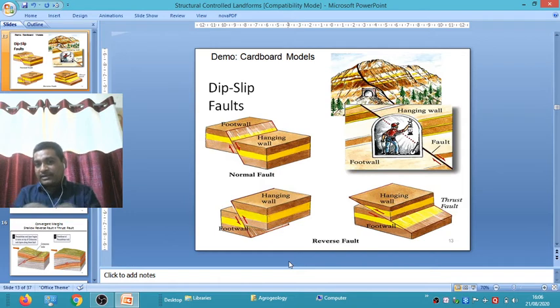Okay, then the strike slip fault. Suppose this is a horizontal fault, horizontal movement; sometimes it may be a normal fault, a vertical fault, and sometimes a strike slip fault. Suppose this bed does not go in the strike direction, but goes gently at a particular angle, 45 degrees or 30 degrees downward. This is the strike slip fault.